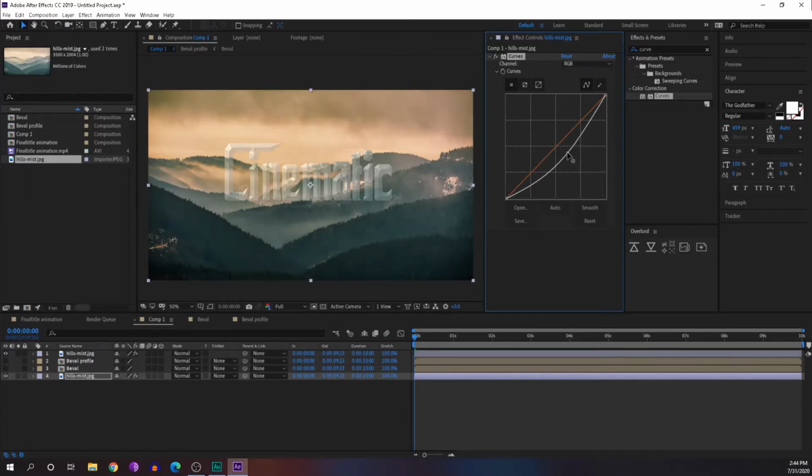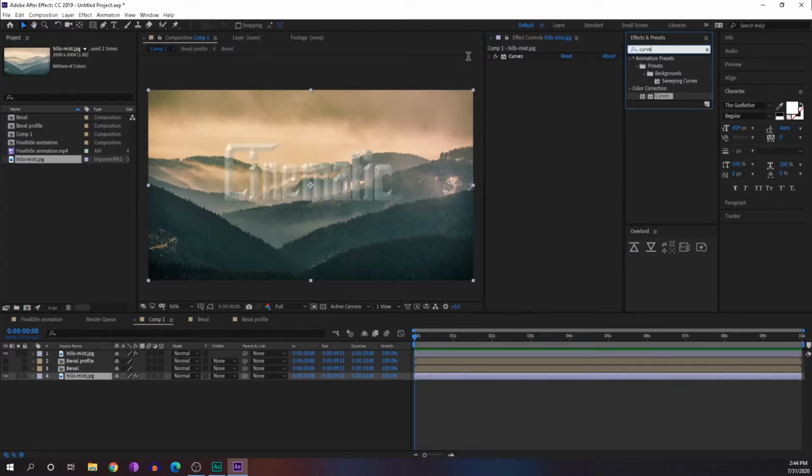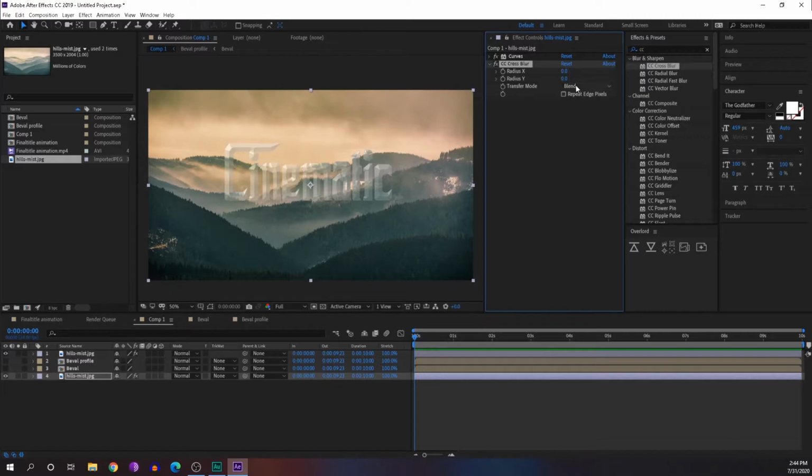We'll just reduce the brightness. Okay, next we have to blur it a little bit. So to do that, we'll just type CC blur. Here we'll select CC cross blur, and we will add maybe 20 in the y-axis and 20 in the x-axis.